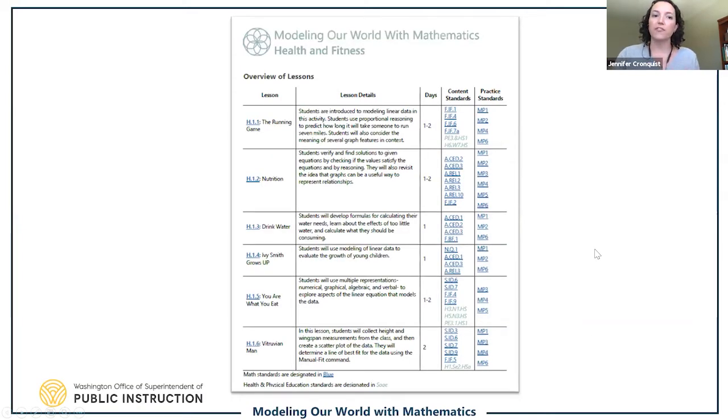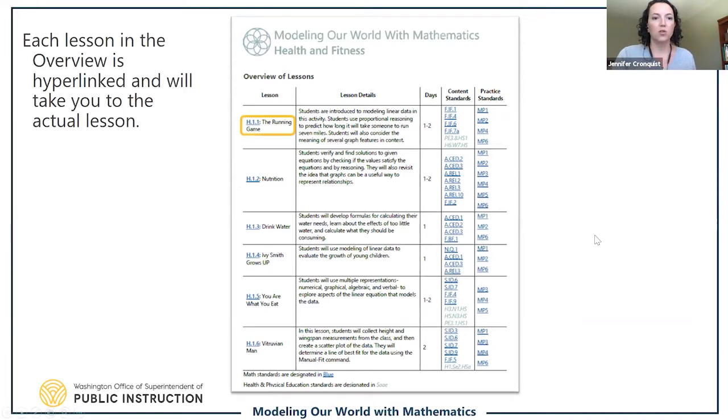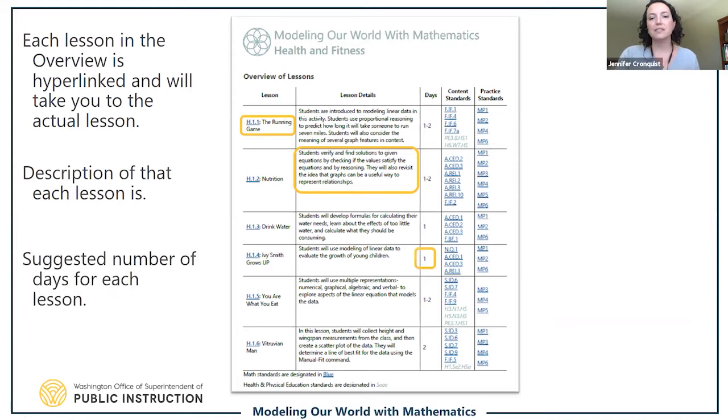After you get through all that front matter, there is a unit overview of the lessons. Once again, each of the lessons is hyperlinked within the PDF document. A description of what each of the lessons are. A suggested number of days for each lesson, and this is going to vary from class to class, so